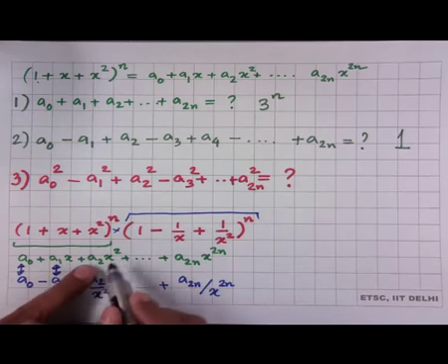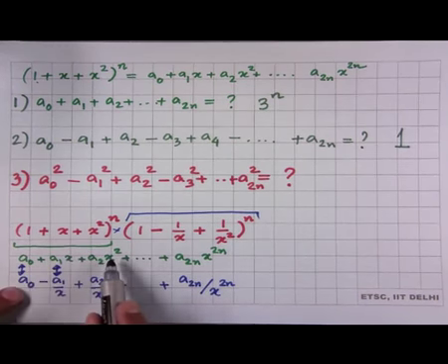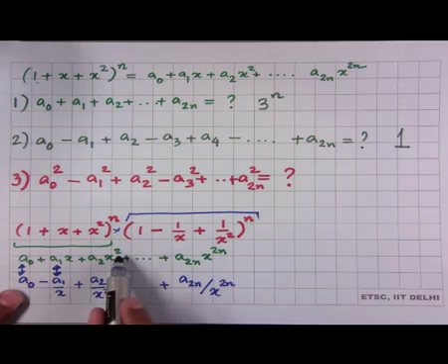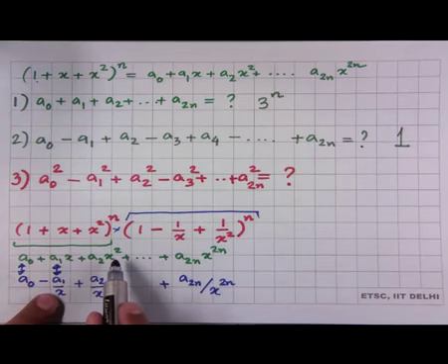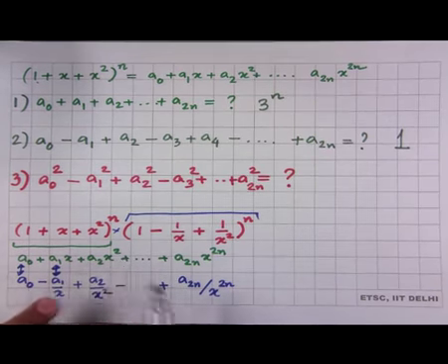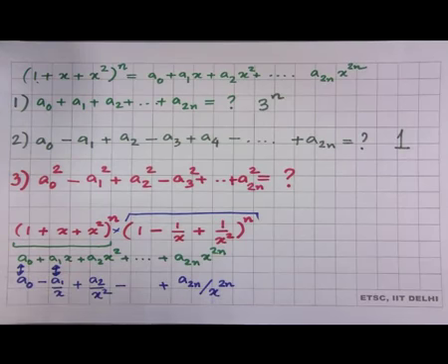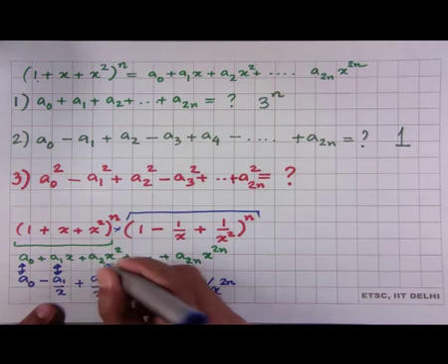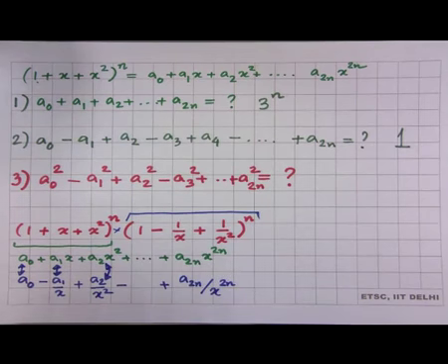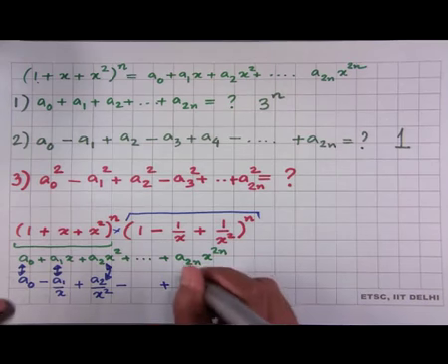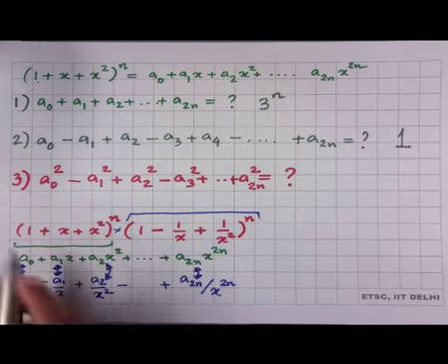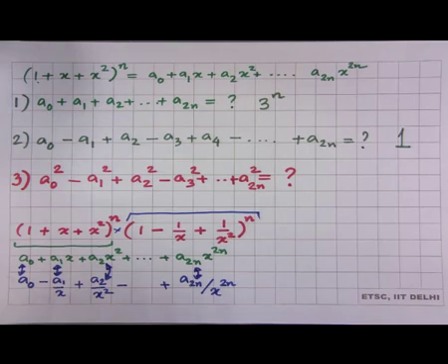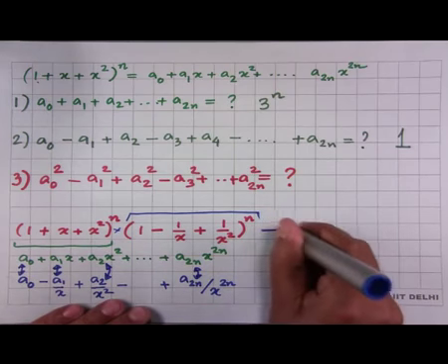How about A2x squared? If you multiply it with A naught, x squared remains. Multiply with A1 by x, x remains. Anything else, there is some x component in it, except if you multiply with A2 by x squared, and so on and so forth. So, in this expansion, the term